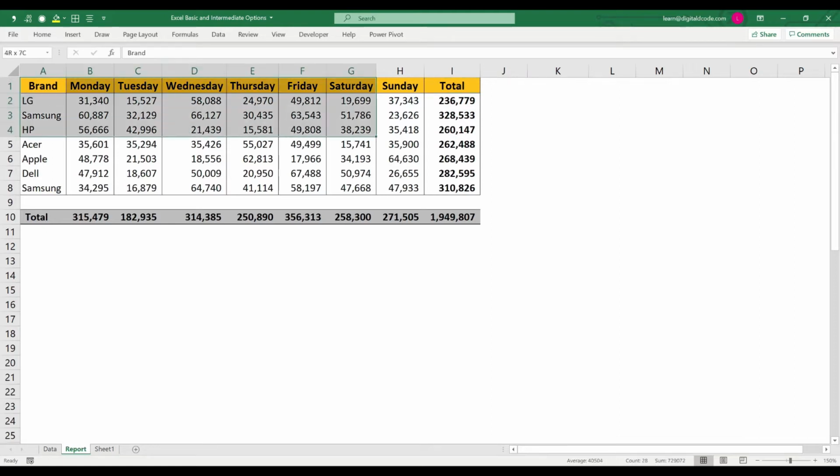All this information is available in this data. But paste special is useful when I don't want all the information from here, only certain information. If you want the complete information, you can directly use Ctrl C to copy and Ctrl V to paste the entire data. But if you want to paste only certain information from the original data, then you can use paste special.